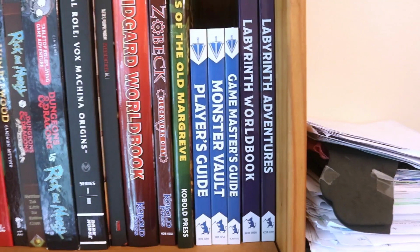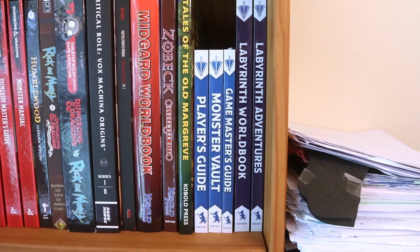So the first thing, I mentioned this near the middle or end of the last video, Tales of the Valiant kind of has this color scheme going where so far the main books are blue and the Labyrinth books are purple. I don't know if they're going to continue that and what it looks like as they go forward. I do like the idea of, hey, these are the core books, or maybe even the books that are set anywhere, and then these are the Labyrinth books. The Northlands is going to be a campaign that they do later